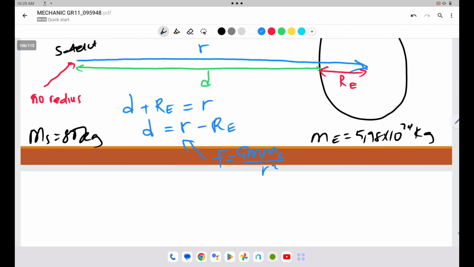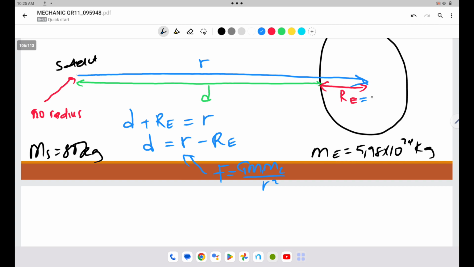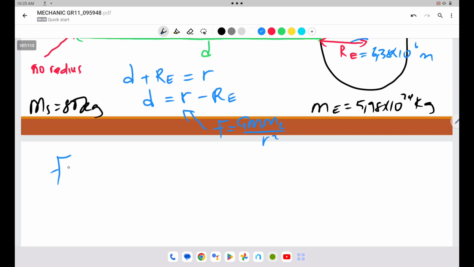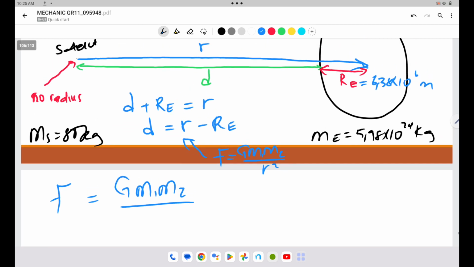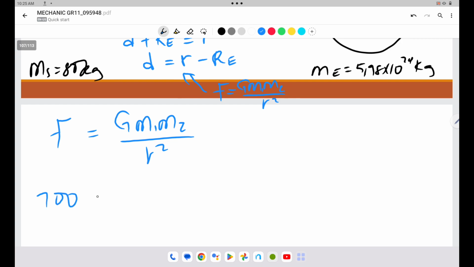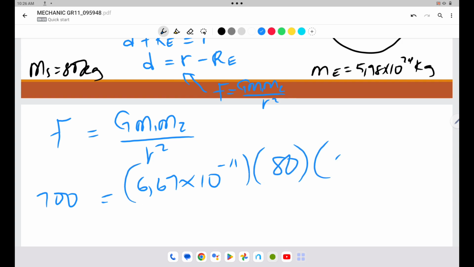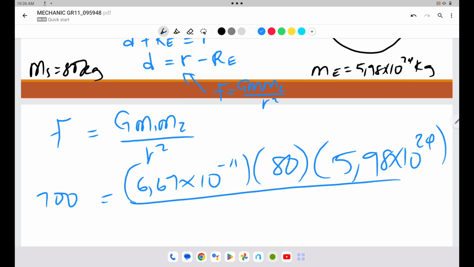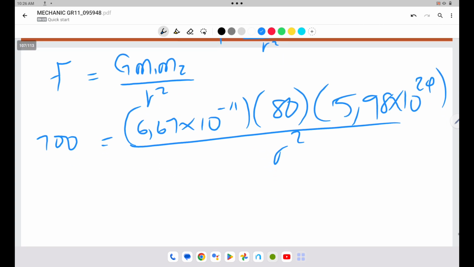Now we can get started. We know the radius of the Earth. We said that was 6,3 times 10 to the power 6 meters. So to find small r, we're going to make use of this formula. F equals G times mass of satellite times mass of Earth, divided by r squared. What is the force? I said let us change it to 700 equals to 6,67 times 10 to the power minus 11, mass of satellite, mass of Earth, divided by r squared. Then if you solve for r,